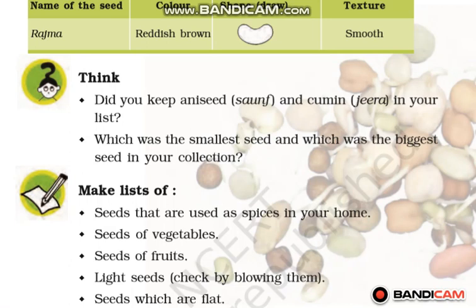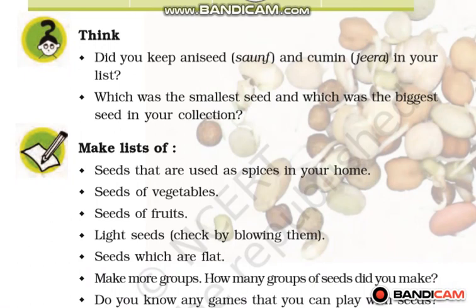Students, after observing the seed chart and making the table, you can answer these questions. For example, the first question is, did you keep any seed? Any seed is the soft seed and cumin is jeera. Have you kept these seeds in your list? You have to answer it yes or no. And out of your list, you have to tell the smallest seed and the biggest seed you have